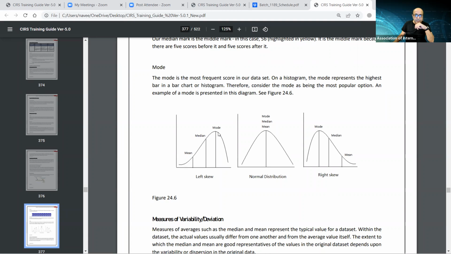This is the median, and mode is the highest, or the one that is more popular or more frequent, for instance, in a pool of numbers. So that is the mode. So there could be different X and Y cross points that could make the chart, or, I don't know if you know, this is a parabola, or something we call,